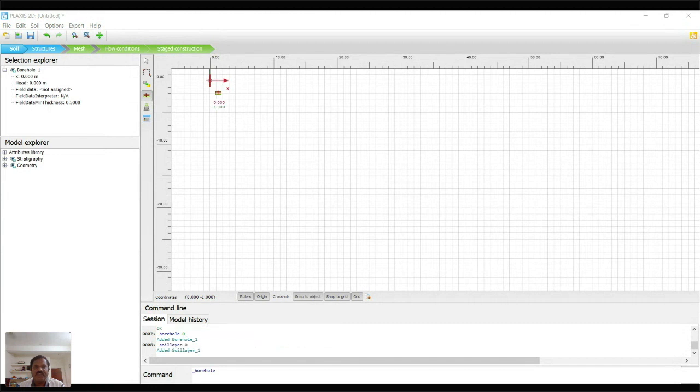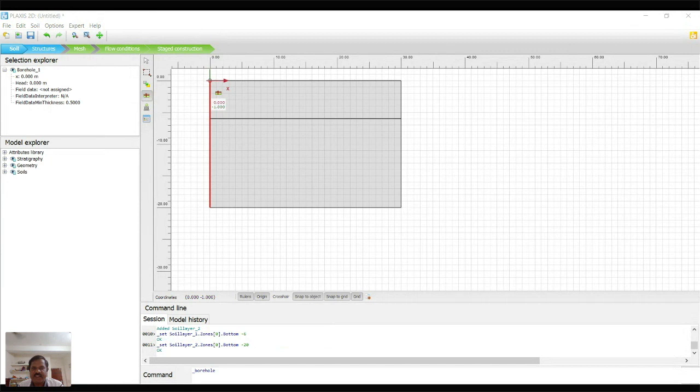Once you click, it will display the top and bottom coordinates of the strata. The first strata is 6 meters, the next strata 14 meters. So top 0, bottom minus 6, that is your 6 meter depth in the vertical direction. Then the top of the next layer is automatically chosen from the bottom of the previous layer.